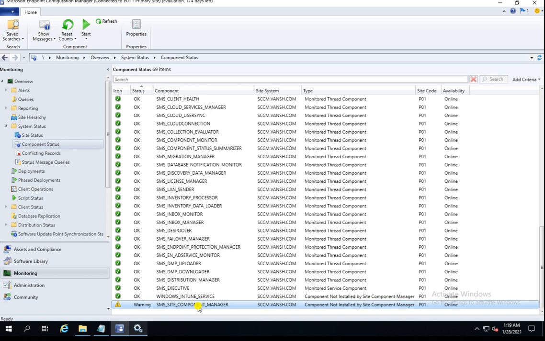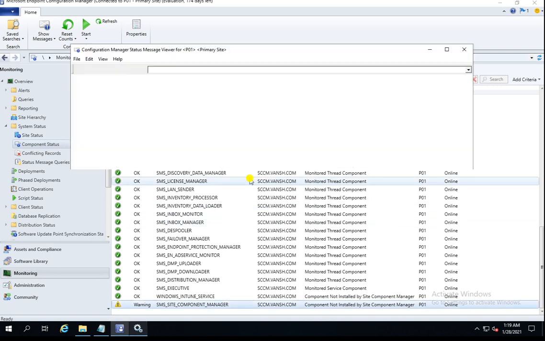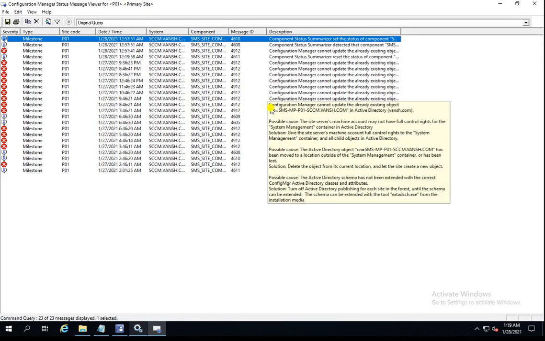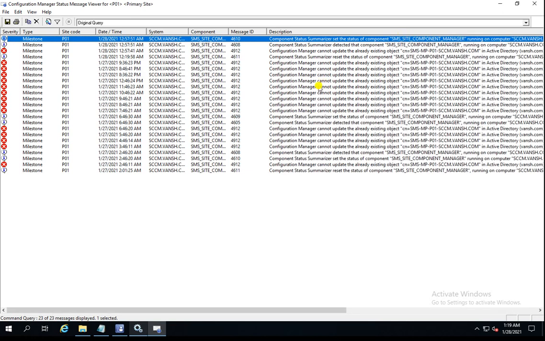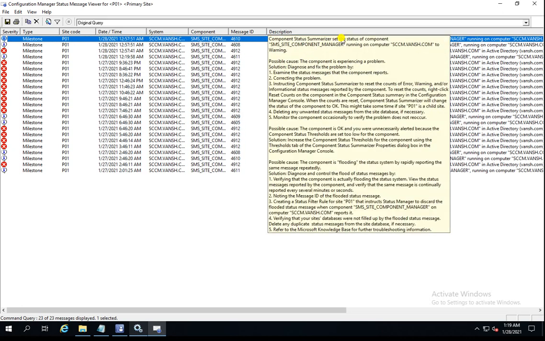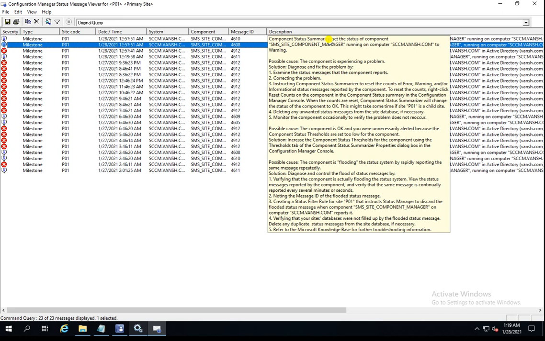First let me go in this, and what I can do is go to All Status Messages. Now the message box is opened, and here we need to see the error. If you put your cursor on it, it will give you the error description. It's showing the summarization. This component is running with a warning, and here is a big detail of why this issue can be caused. So we need to check the last status.